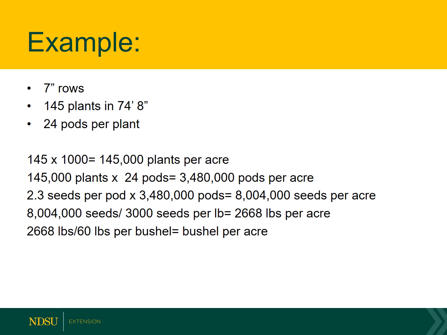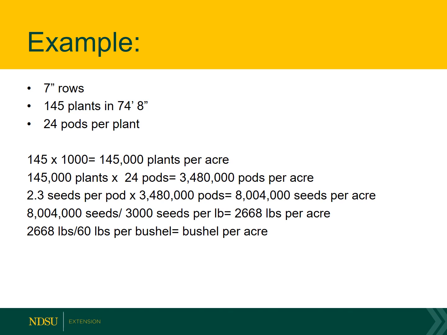If you want to do more, you can do more. If you want to do less, you can do less. But it should give you 2,668 pounds per acre. And so we're really getting down there now. We're almost at the finish line. We take that 2,668 pounds that we have per acre, divide by the 60 pounds per bushel, and that's going to give us